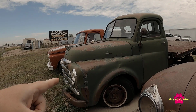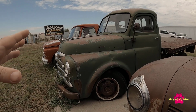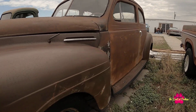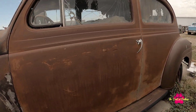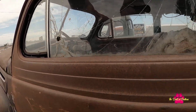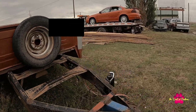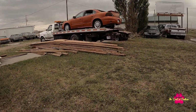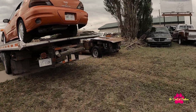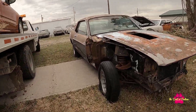But yeah, I'm not going to show into this one because the doors are kind of a little wonky. And I'm not going to open anything up. Kind of a treat for Wednesday. And this is a Plymouth 2-door sedan. Now, I don't know what's going to happen, but this is a 67, and I don't know if we're going to grab it or not. Just a 2-door coupe,